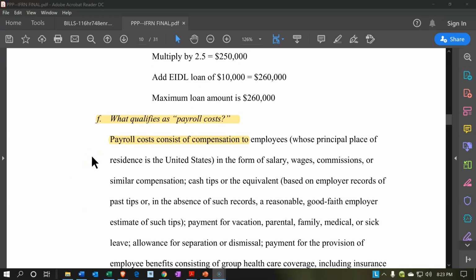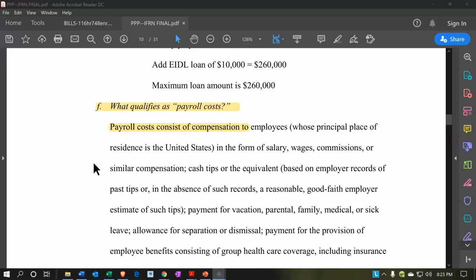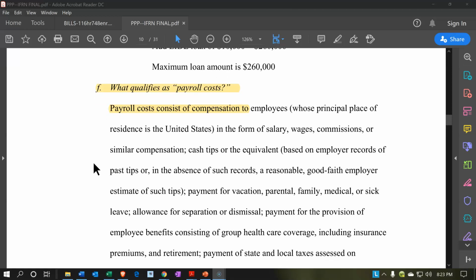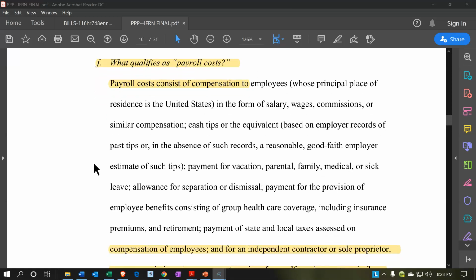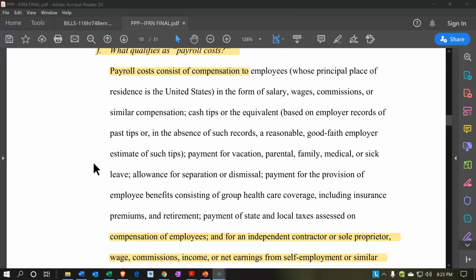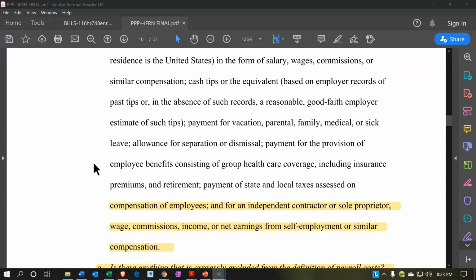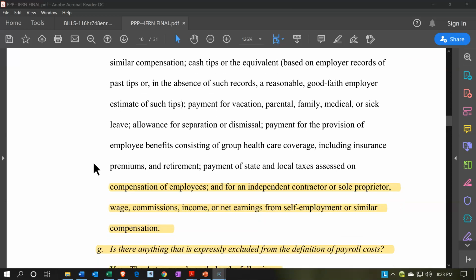It says what qualifies as payroll costs. So that's going to be one of the key components. What is in payroll costs? Payroll costs consists of compensation to employees whose principal place of residence is the United States in the form of salary, wages, commissions, or similar compensation, cash tips or equivalent based on employer records of past tips or, in the absence of such records, a reasonable good faith employer estimate of such tips, payment for vacation, parental, family, medical, or sick leave, allowance for separation or dismissal, payment for the provision of employee benefits consisting of group health care coverage, including insurance premiums and retirement, payment of state, local,